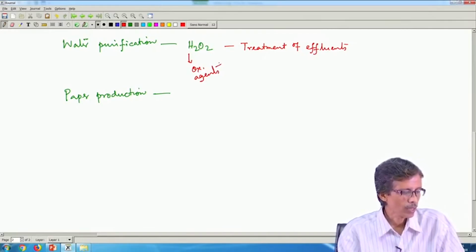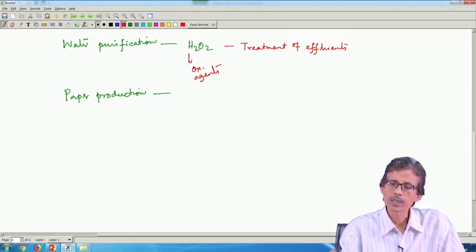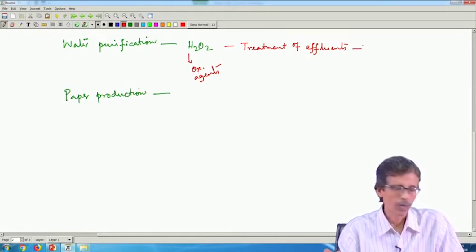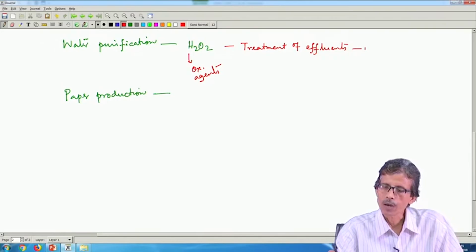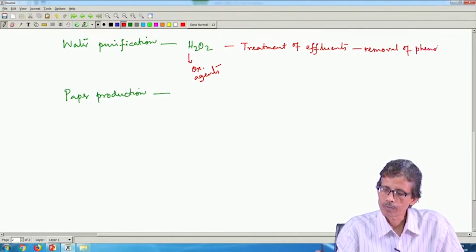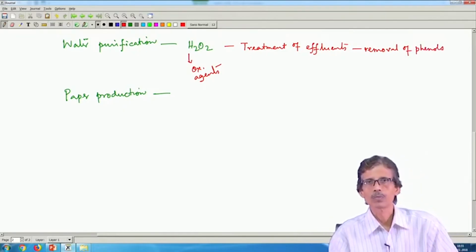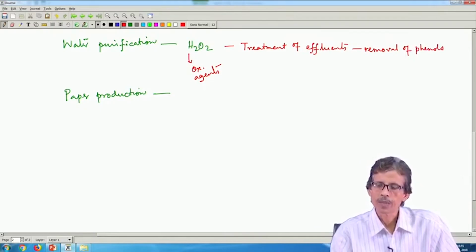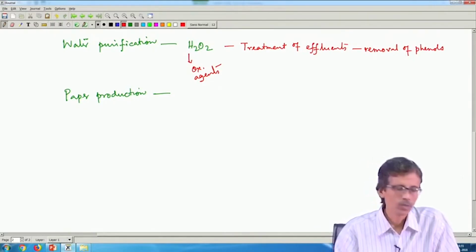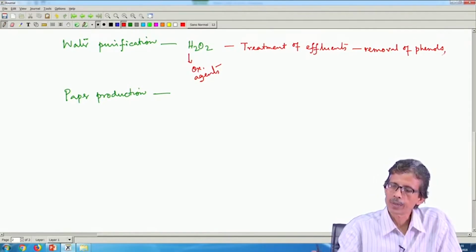So, during this effluent treatment we can use the hydrogen peroxide for removal of phenols, that means the oxidation of the phenols, further oxidation of the phenol which can be achieved with the use of hydrogen peroxide, then removal of